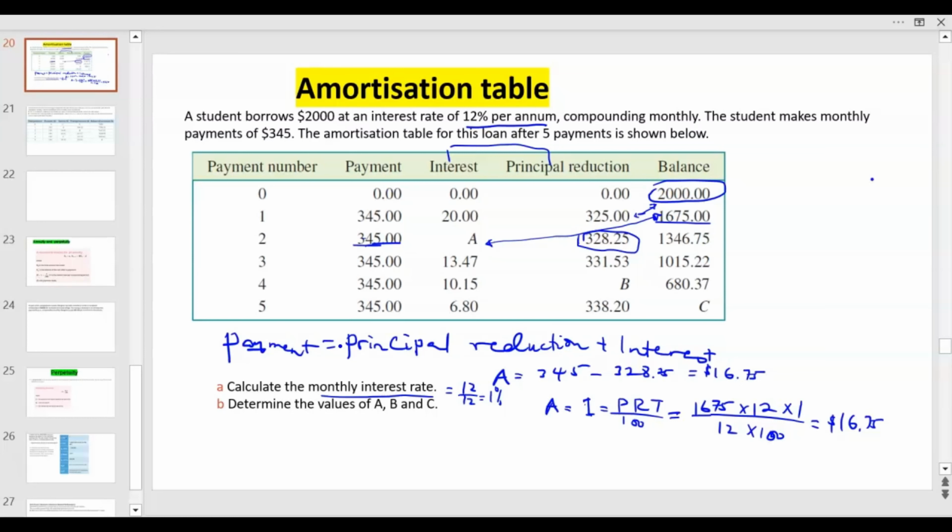For the value of B, we know that payment equals principal reduction plus interest, so we can find out what B has to be. B is basically the payment minus the interest, which is the principal reduction in that column. So in this case, our payment was 345 minus 10.15, and that is